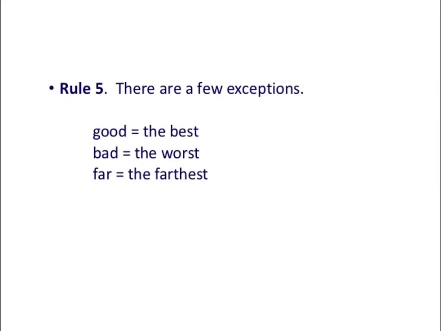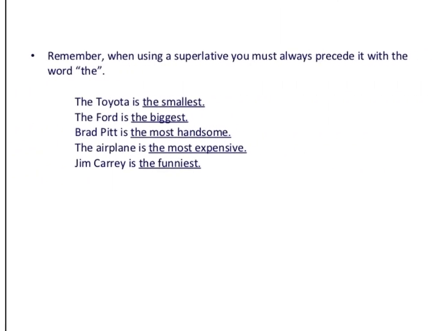Rule 5. There are a few exceptions. These are the irregular adjectives. We said that good becomes better in the comparative and the best in the superlative. Bad becomes worse than in the comparative and the worst in the superlative. Far becomes the farthest. Remember